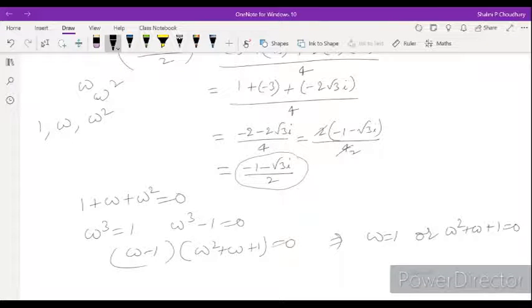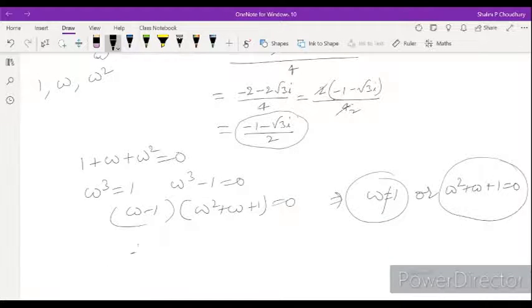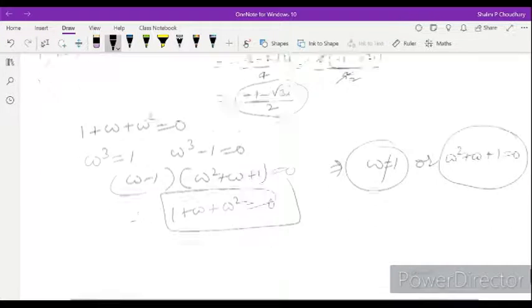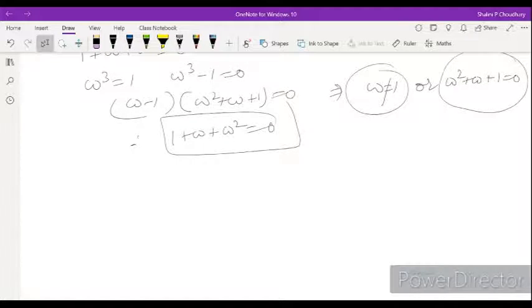Okay, so this cannot be equal to 0 because omega is not equal to 1. It means this one will be valid. So we can say that 1 plus omega plus omega square is equal to 0. Now we'll see the properties of 1, omega and omega square. The first property says